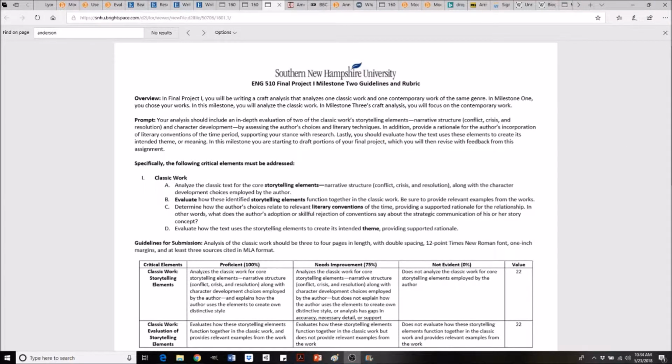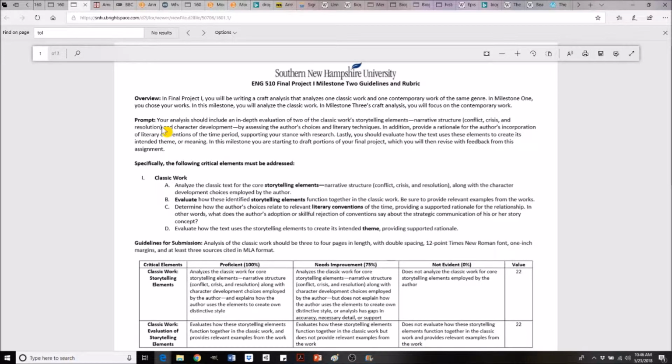So in many ways, this assignment is charging us to get inside the head of the authors of our works, at least to see the world from their perspective during their time. The hope there is that we'll learn more about creative writing and in turn reflect on our own creative writing and be more informed on our own decisions for our own writing. So with that said, let's dive into the rubric.